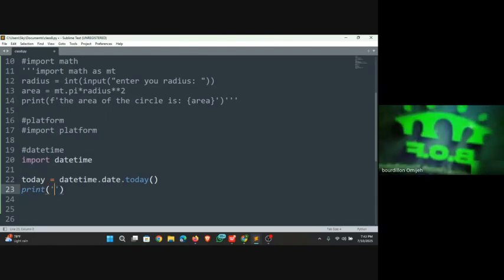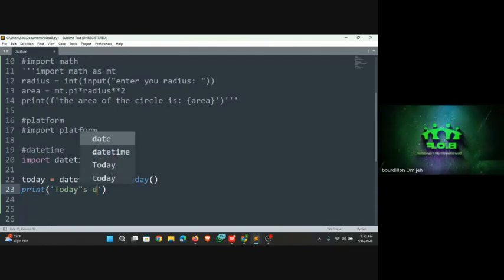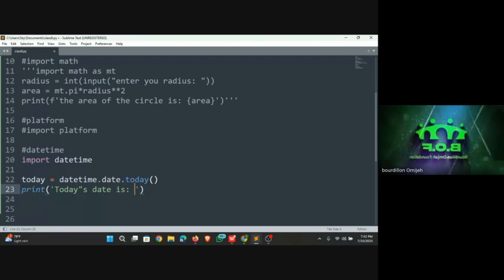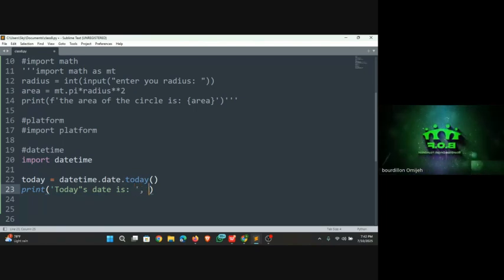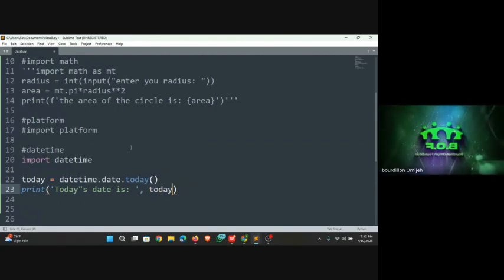Let's say today's date. Today's date is... Then I'm going to go ahead and say, what's today's date? I'm going to say today. Okay, good. So when I save this code, and then